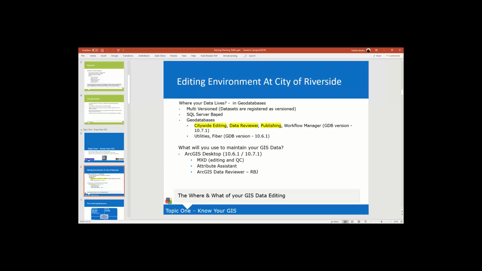Okay, just to know that this is SQL Server based, and then you have several geodatabases. You have the citywide editing geodatabase, the data reviewer publishing, and the workflow manager, and then you have the utilities geodatabase, which are all in 10.7.1, and then the utilities and fiber, which are in 10.6.1. Just good to know information, nothing that's going to affect your editing